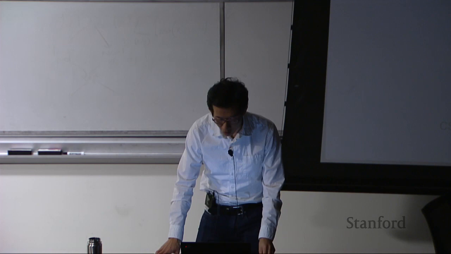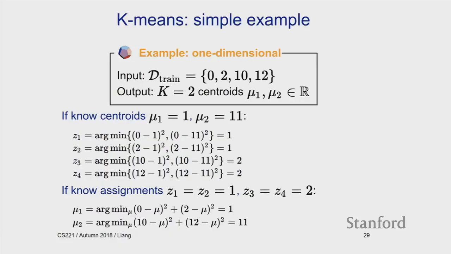All right, so what about in the other direction? Suppose I told you what the assignments were. Suppose I told you that basically all the blue edges are known. So I know that 0 and 2 are in the same cluster, 1, but I don't know where the centroid should be. So where should I put the centroid? Well, you look at the objective function, and you look at the,